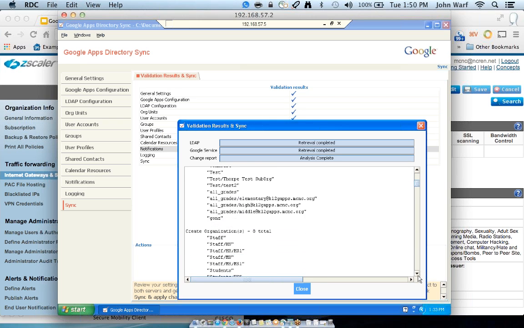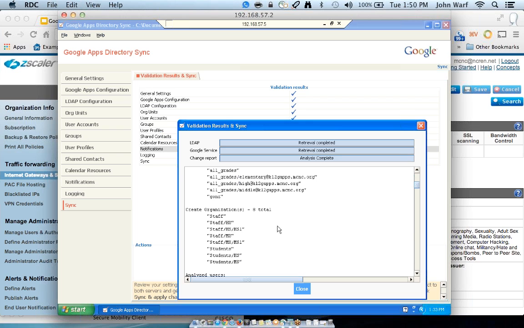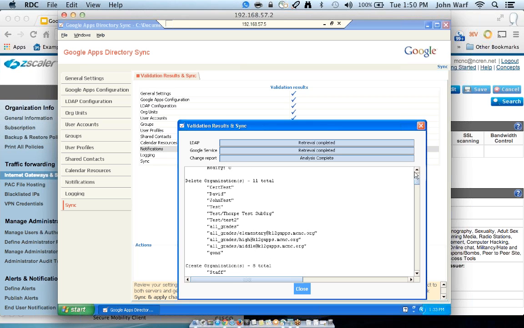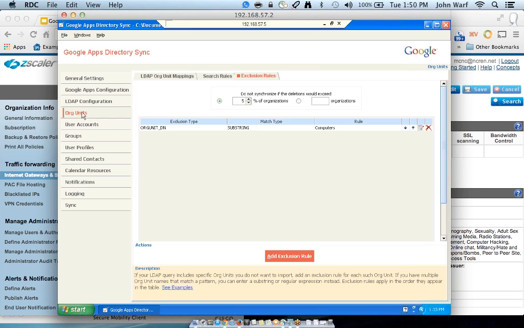So if we look here, we see all of those. And computers is no longer in our create organizations. Now, I don't want it to give me errors for my delete organizations. I want it to leave all grades, and I want it to leave test in there. So what I'm going to do